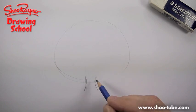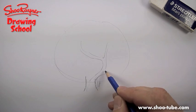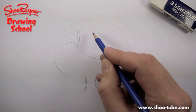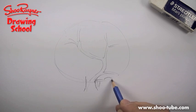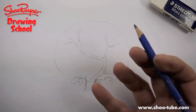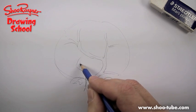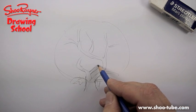Now let's start with the trunk, and we'll start with a whole kind of, I don't know what you would call it, the skeleton of the tree, which is the branches, isn't it? And you need to kind of, it's like having a clothes horse, you know. You need to have something that you can hang the clothes on. So the branches and the stem of the tree is kind of what you build the tree on. And let's have this kind of nice and twisty and twisting up inside itself,